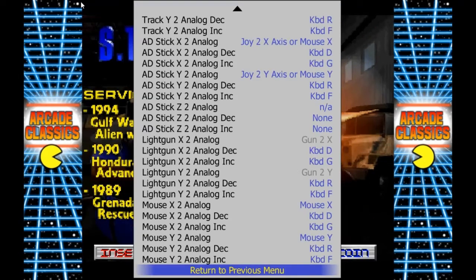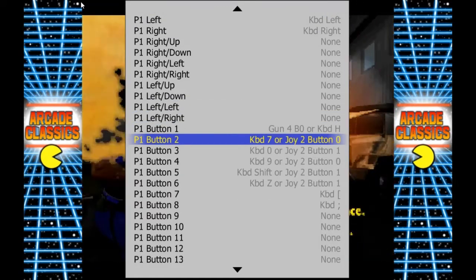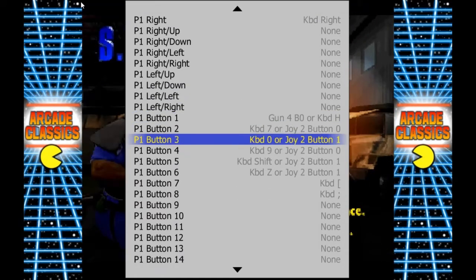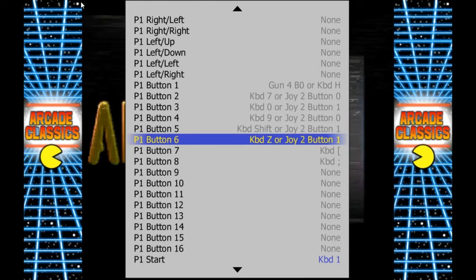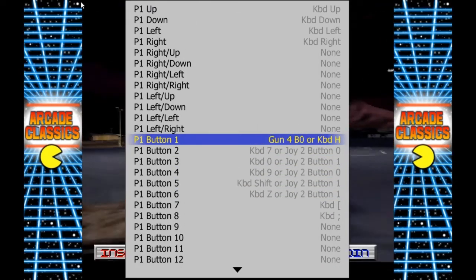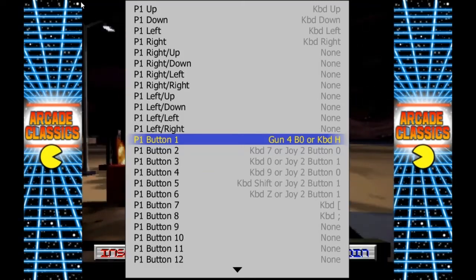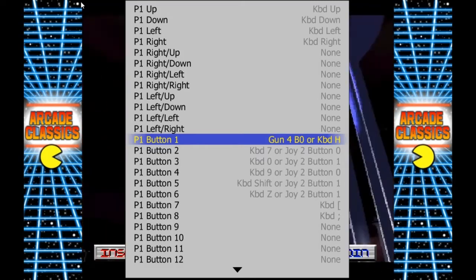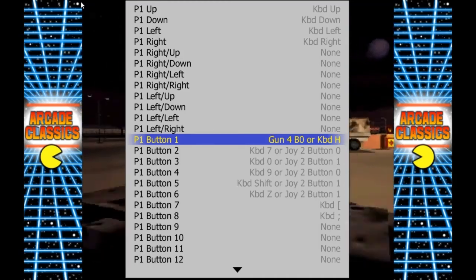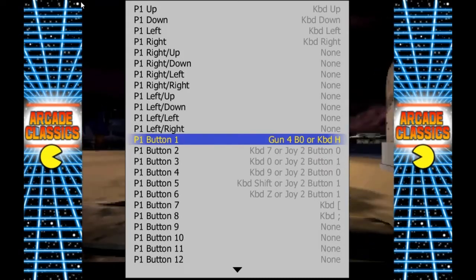Something to mention. I forgot to mention it here, guys. If you go down to player 1, buttons 1 through, let's say, 5 or 6, what I did is I set it up so that gun 4 BO is the trigger for the gun. So that is the sort of set standard for me at least. And then button 2,